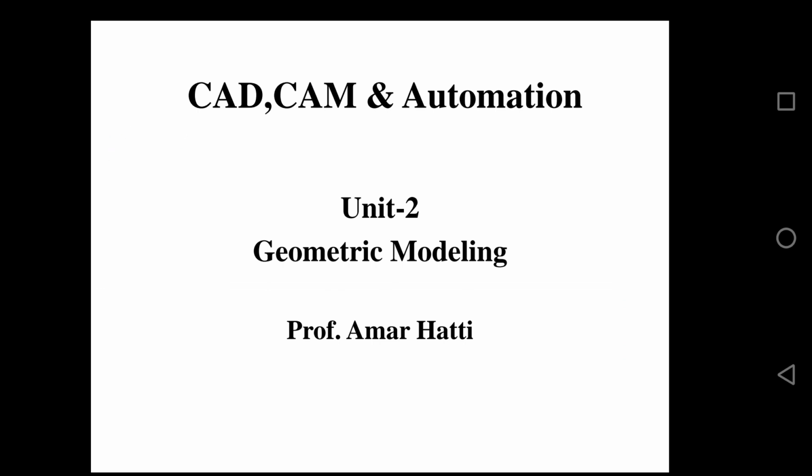So till now we are into the first unit of your CAD CAM. In the first unit we discussed only computer graphics. The main objective of studying the first unit is to apply the homogeneous geometrical transformation matrix for different two-dimensional and three-dimensional entities. That is the simple one.